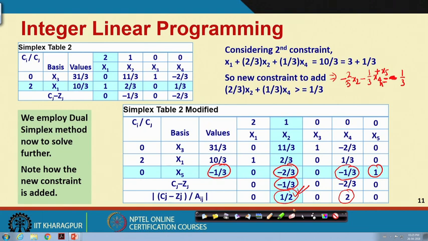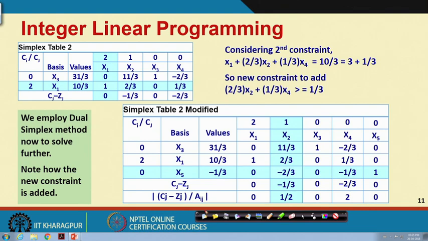We have got the new constant to add, the new constant is put in a negative way, and then we use dual simplex because we have a negative value. Then choose that particular constant as the leaving variable which is having the negative value, in this case only 1. So, this will be the leaving variable and the entering variable will be the minimum value of Cj minus Zj by Aij. So, this is how we do.